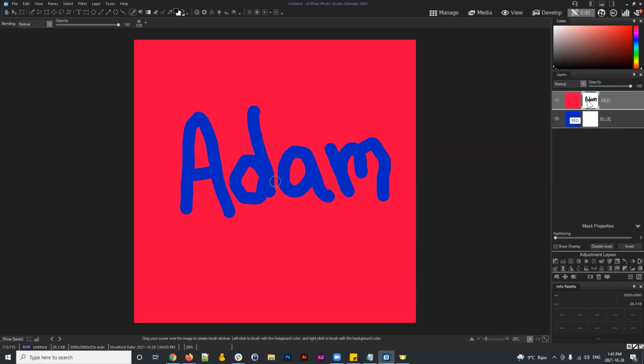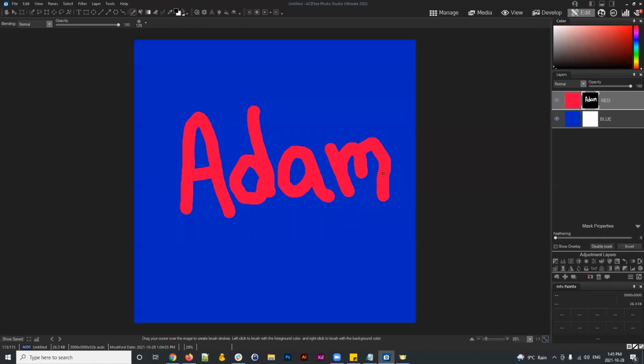The cool thing actually is I can take this mask that I have written Adam on, and I can invert it, and it'll invert what I've written. So note again, the mask thumbnail, black is turned off, which means it's looking to the layer beneath it, which is the blue. And the white in this case, that's the text Adam, is actually being presented to us as on. So the red layer here is turned on. So as we draw,